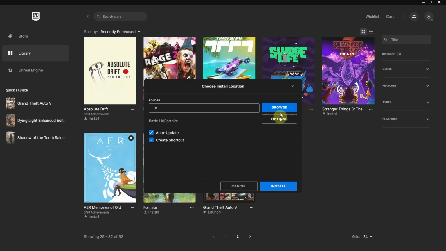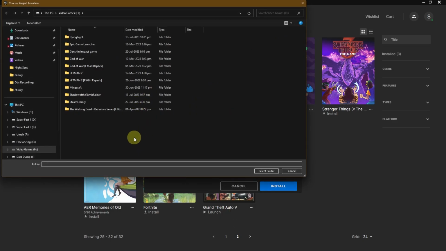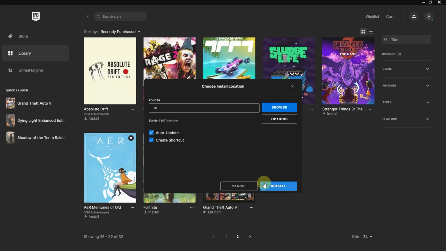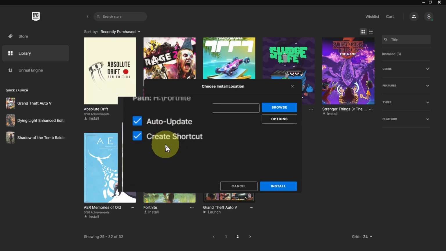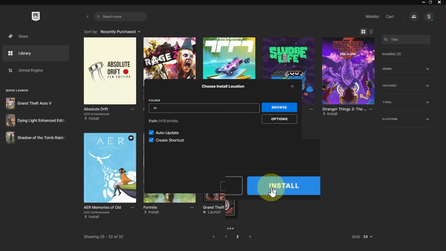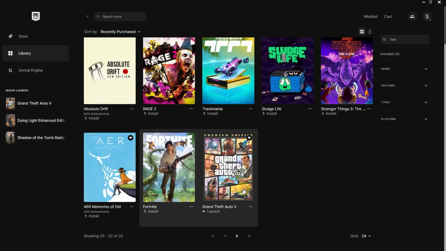Simply click on that and you can see we have this option to install. You can simply choose a location where you want to install that, and that's pretty much it. So you can simply enable auto update as well and create a shortcut option if you want to do so. And once you're satisfied you can simply click on install and your installation will be started, and then you just have to wait. So that's a pretty simple process on how to download Fortnite onto your PC,